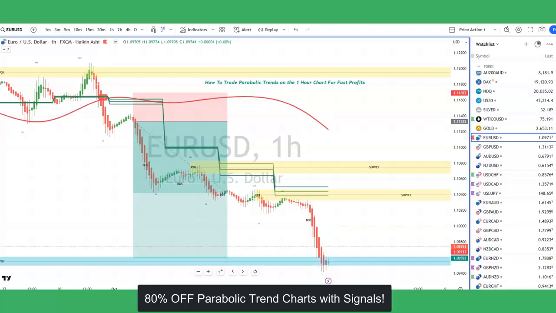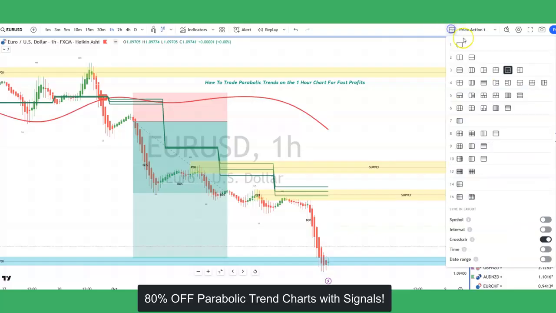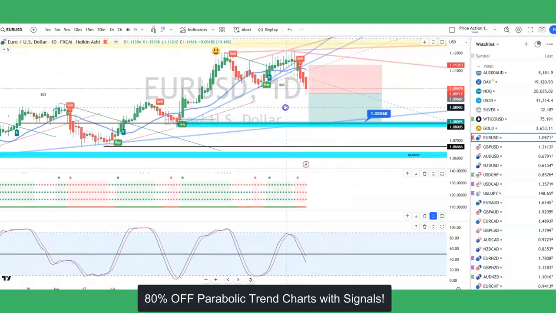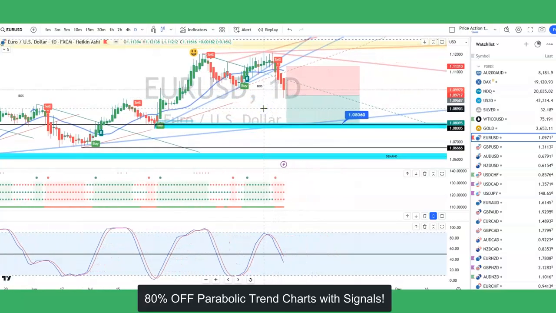But before I do that, I really want to explain to you what a parabolic trend is and what it looks like for those people who are not quite sure. So this is the euro dollar. I'm going to show you others as well. And it's a tick box system. So what has to happen